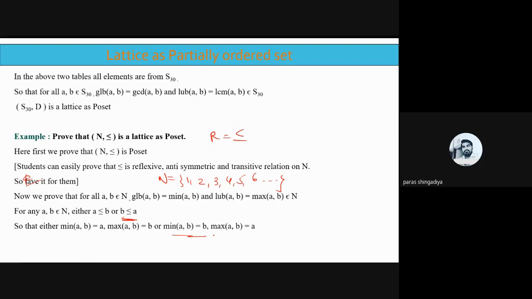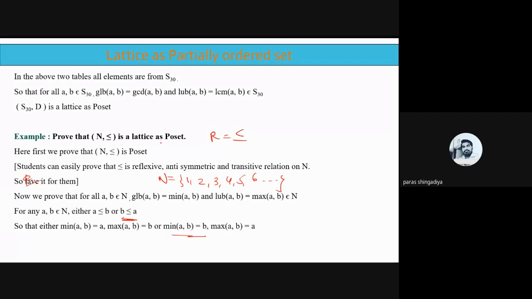So now check this answer. What is our answer? The answer is in the form of A and B, otherwise B and A, as maximum and minimum. So what is the possibility of A and B? That belongs to N. Okay, our choice is from which set? From the natural numbers, that is from N, and we derive the answer in the form of A and B. So what does it mean? The minimum of AB and the maximum of AB belong again to N.